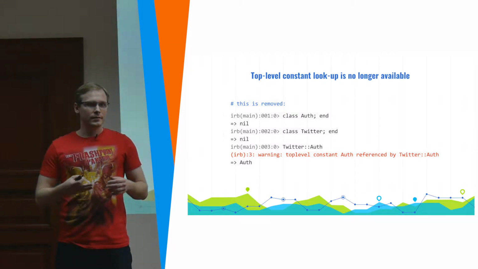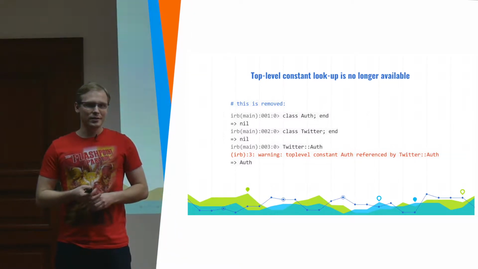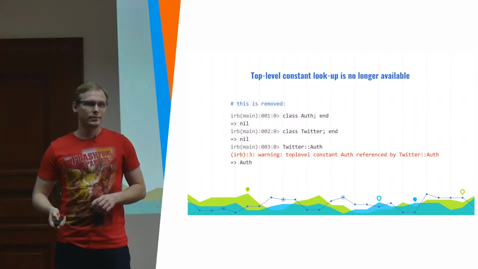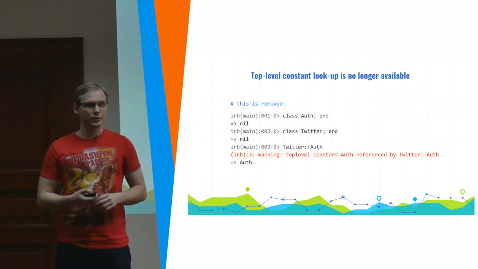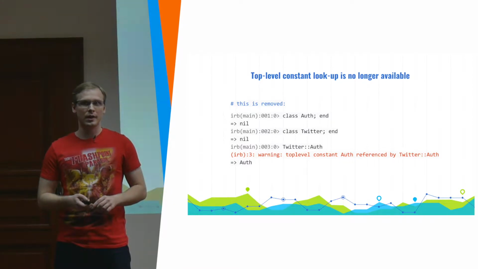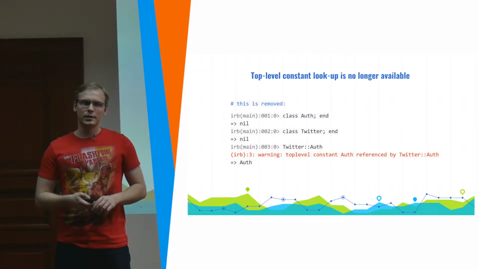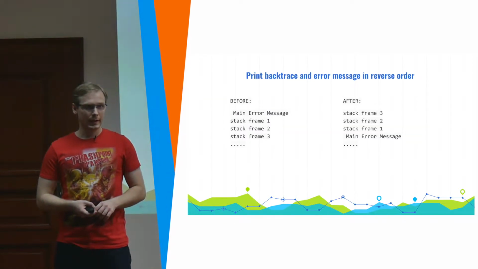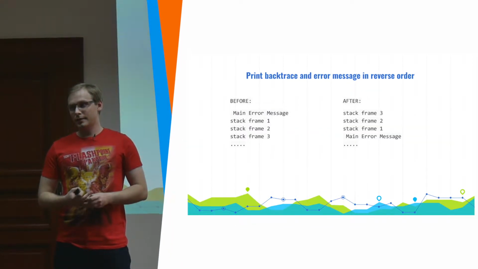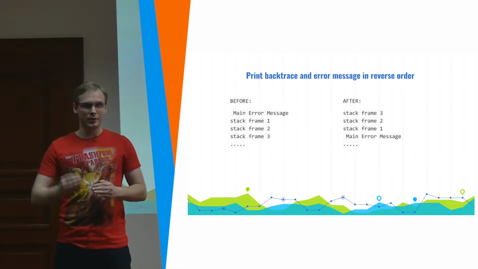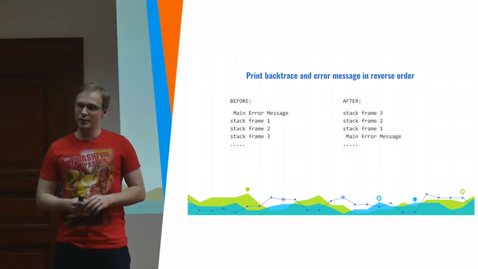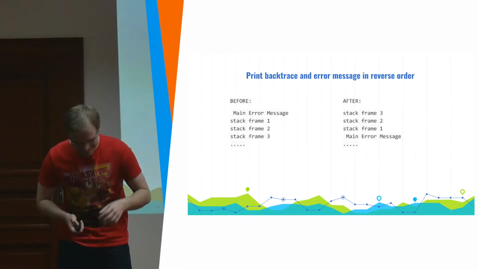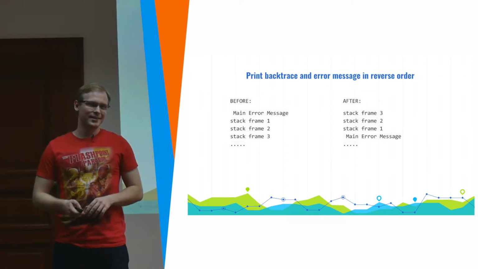And this is not available anymore, so in that case, we will actually get the argument error. This is actually a really cool change because it caused a lot of trouble. So now we don't have to worry about it anymore. And the last thing that I really like is that the stack trace is now in reverse order, so we don't have to scroll anymore because we will see everything at the bottom. So yeah, it's like this.